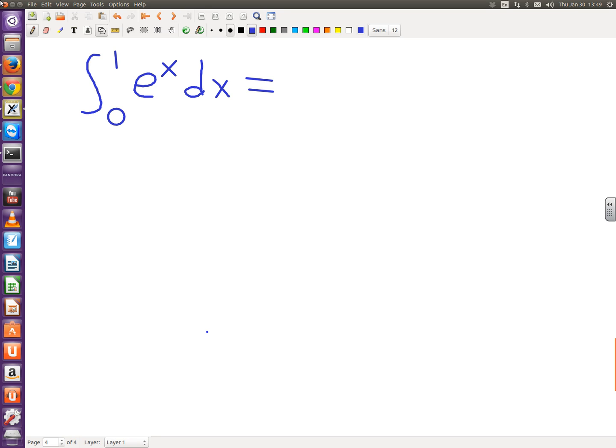Now I'm sliding over with three fingers. I already pinched with two fingers. Now I could use one finger or the stylus to write. Let's see, e to the x from 0 to 1 equals, let's see, sliding around with three fingers, equals e to the 1 minus 1, sliding up. You don't see that, this is on my Droid, equals